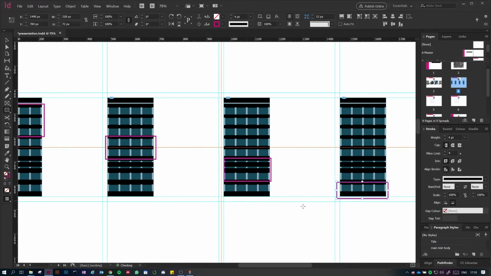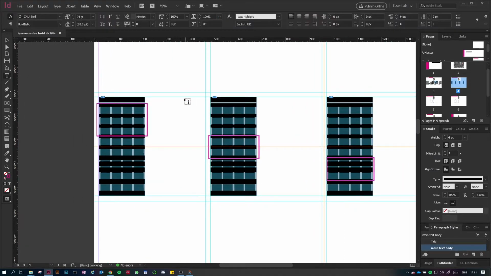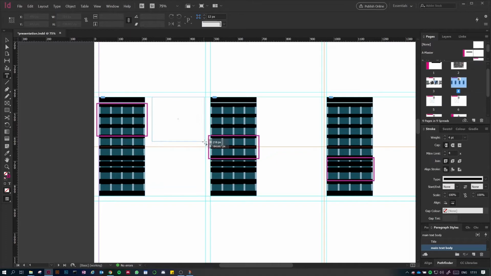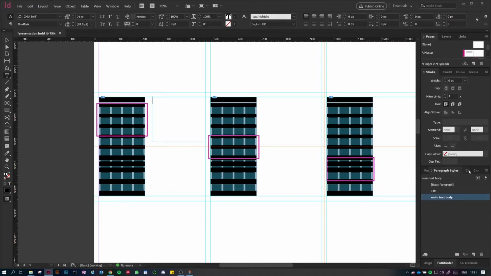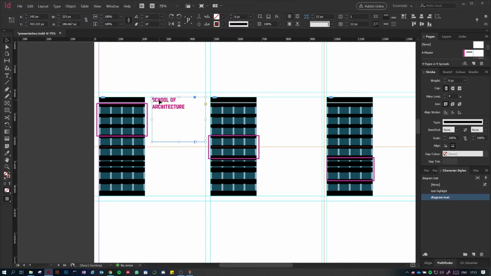I'm not entirely sure where I'm going with this, but I hope you understand why I'm doing it the way I'm doing it. So I'm adding a text box, and actually here I want it to be my diagram text, so this would be School of Architecture. Sorry, I forgot how to type it. And I will move it next to here. So here we will have